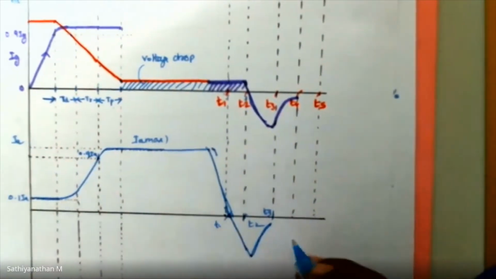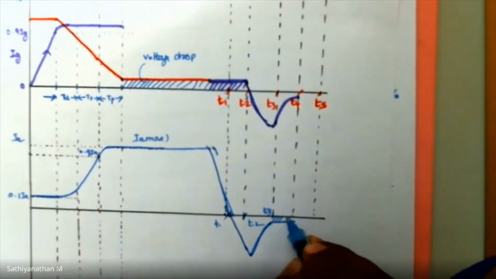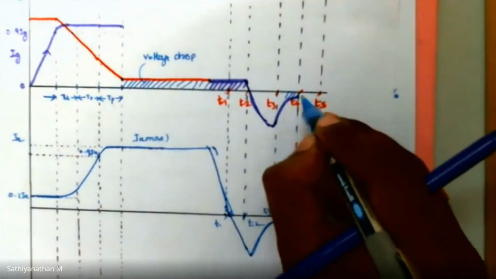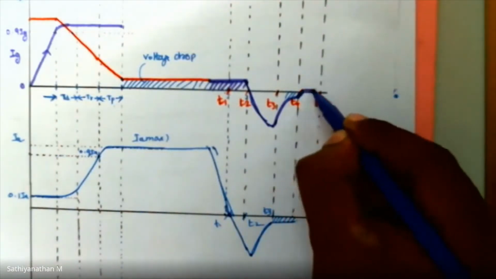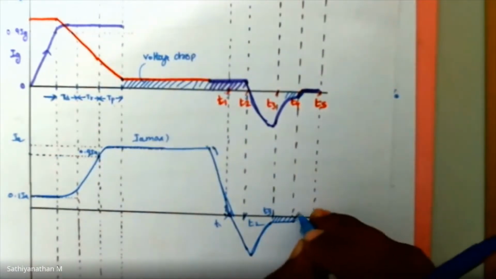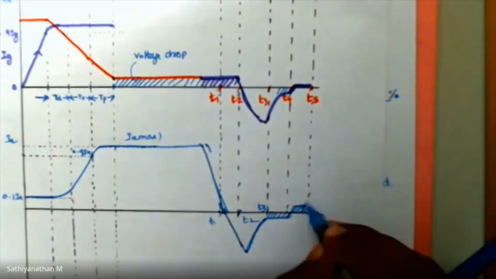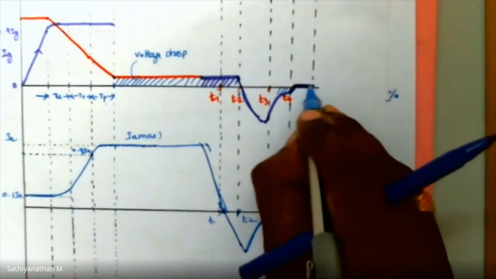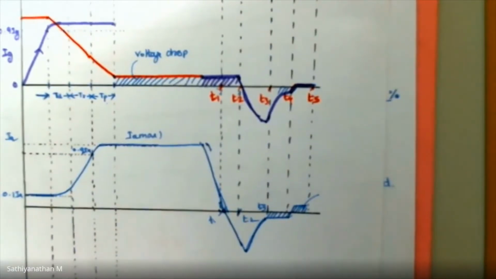Okay, and your current magnitude also starts to maintain. So this is called reverse leakage current, and this is the potential of the reverse voltage, right? After T4, your voltage magnitude will become 0 and the current comes to the positive side. So it is a forward leakage voltage, and here the voltage magnitude of your SCR is 0. So this is all about the turn off time period.